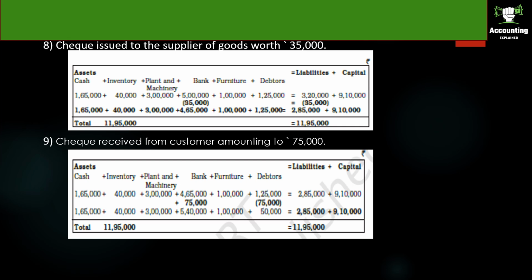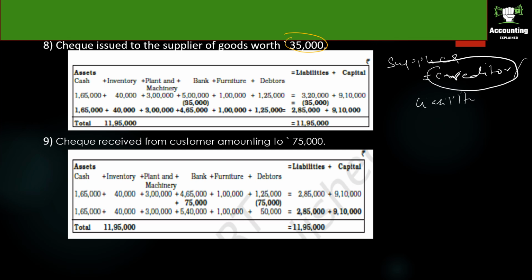The next transaction is checks issued to the supplier of goods worth rupees 35,000. Okay, so supplier here means creditor. So what did we see previously? The persons to whom we are going to pay money, or whom we are liable to pay money, are called creditors. So creditor or liability, that's what we saw in the sum, no? So we have to decrease the liability